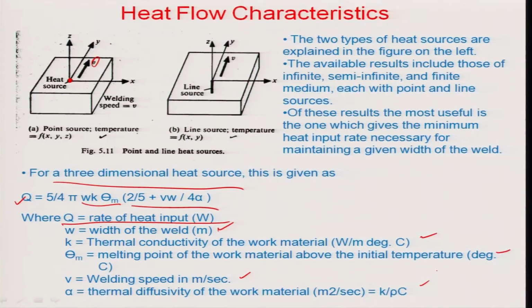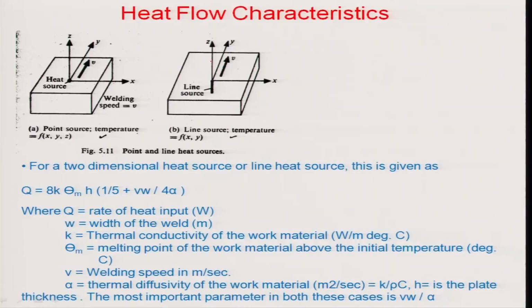In the other case, that is when the source is treated in the case of thin plates, etc., when the source is not treated as a 3D anymore, but a 2D with a line source resulting from the weldment. So, in that case, the equation would be modified slightly, and Q is given now by 8 k theta m h (1/5 + V w